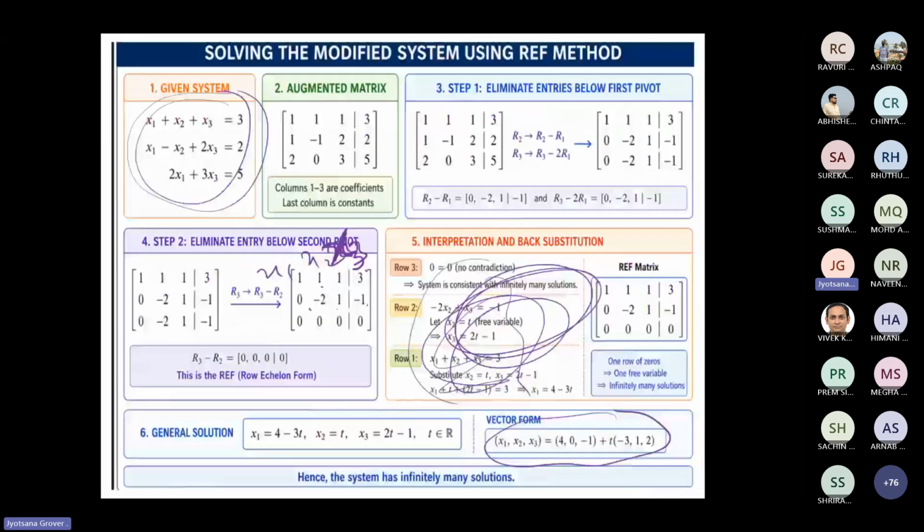Now, why did you get infinite solutions? The reason is the rank of A is equal to